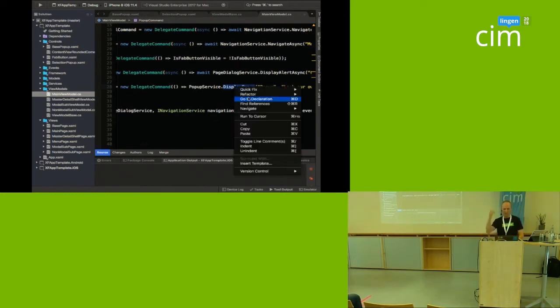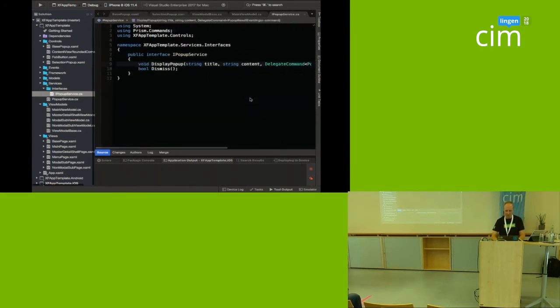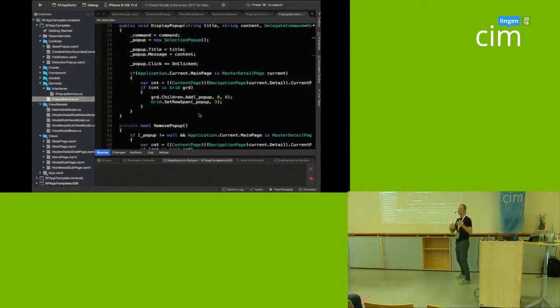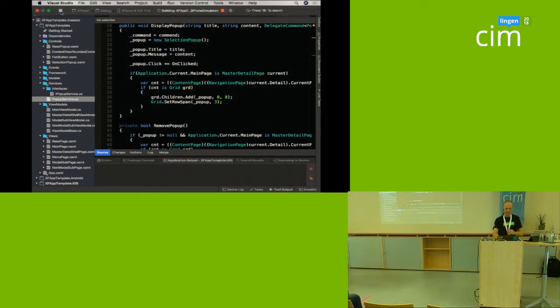In our case, that's going to be the selection pop-up. And that's what I said about the injection of controls. We're going to search for the current page that's visible, and we'll just add a control to the base content grid. Again, like with the Fab button, because it's the last item in that grid, it will be on top of everything. That's it. So if I press play,